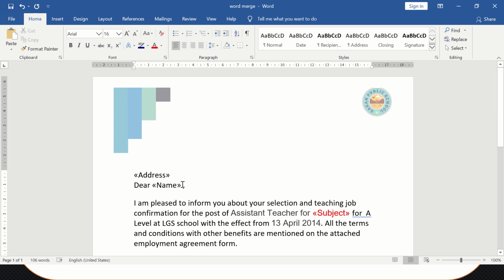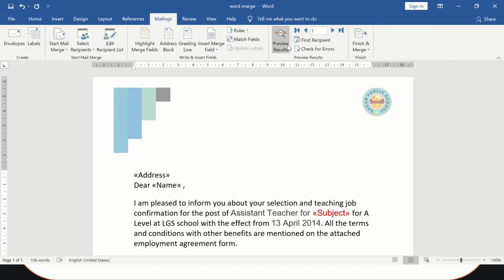Okay, fine. Now the formatting part is done. Now you can see how it will look. So we will go for the preview. Now you can see Noida, Dear Som, I am pleased to inform you that now the English for the assistant